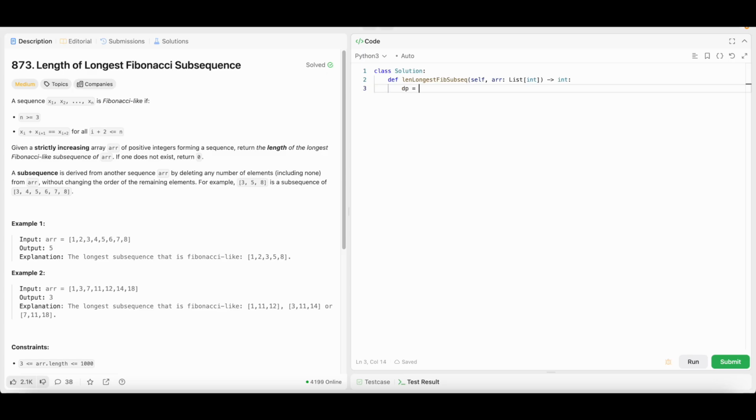So first we will set up our double array for that grid. So 0 times length of array for i in range length of array, the result would be initialized to 0. Now for i in range index 2 to the length of array, we will first set the left pointer at 0 and the right pointer at i minus 1,